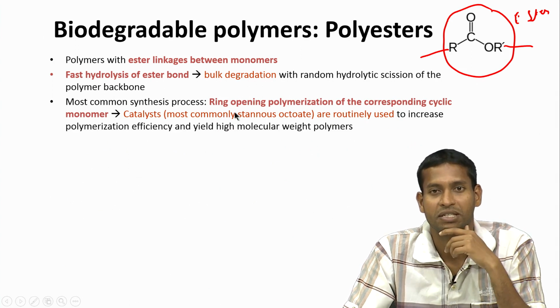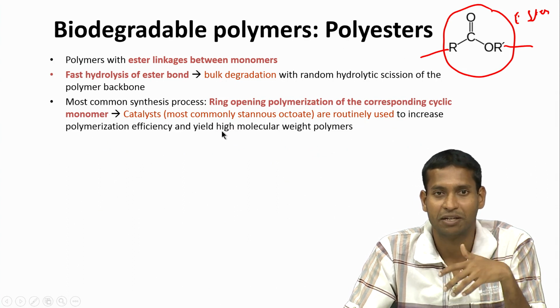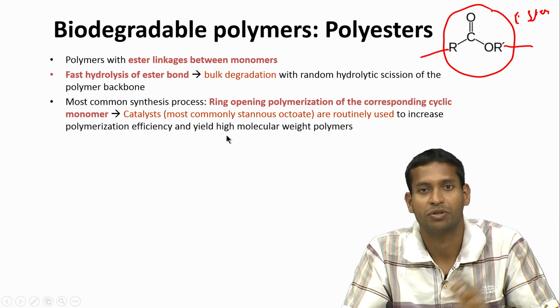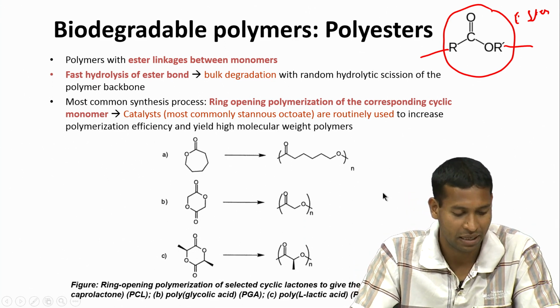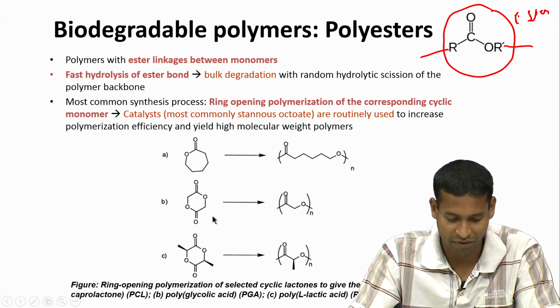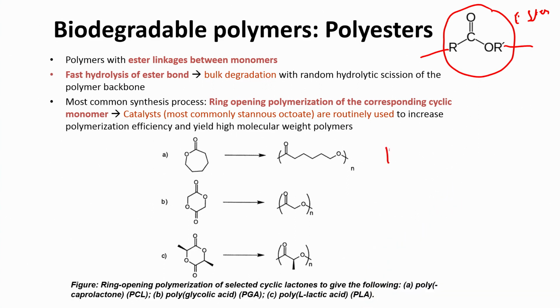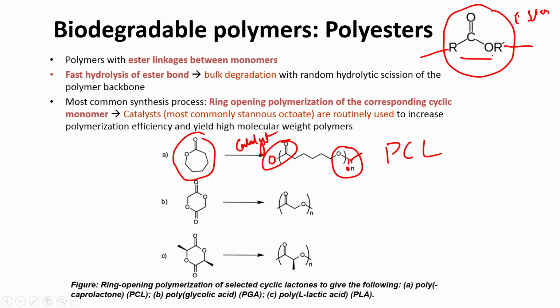Some of the most common synthetic processes to make them use ring opening polymerization. You put in a catalyst and some small monomers with rings in them, and that leads to their polymerization via the ring opening. So this is an example. All of these three are very widely used. The first one is a polymer called PCL. Essentially you use a monomer which is ring based, and you have some kind of a catalyst, and that will cause a polymerization to happen. If you look closely, this has an O here and a C double bond O. These are nothing but the ester bonds as we just discussed earlier. So these are polyesters. Another very widely used polymer is PGA